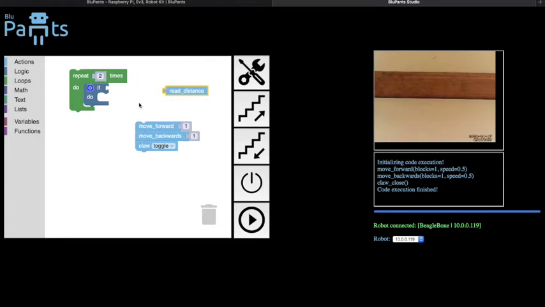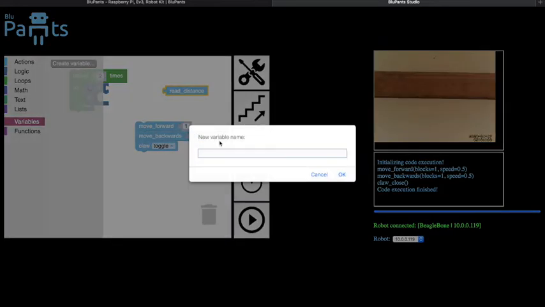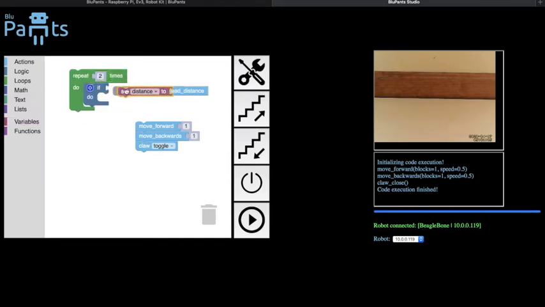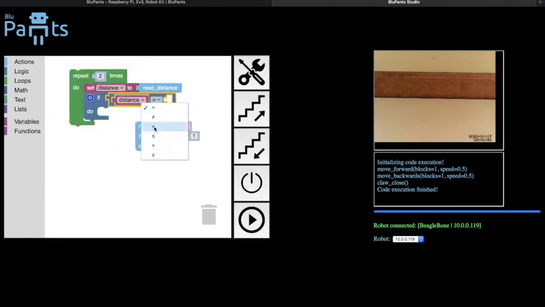So let's do one example here. For instance, I can create a variable distance and then use the read distance function to get the value of the distance. And now we can know whether or not we are getting close to the wall, as we see here on the camera view. And then we can make a decision. So here on the logic again, now that I have the distance variable, let's say we're getting too close to the wall. So if the distance is less than, let's say 30 centimeters,